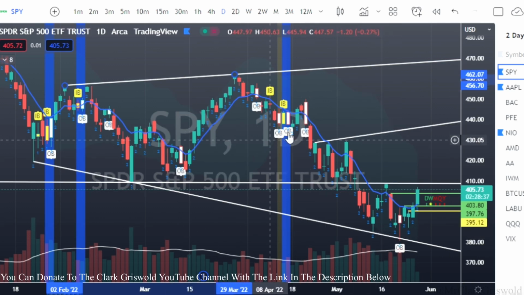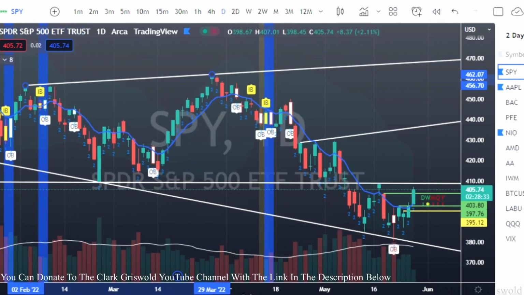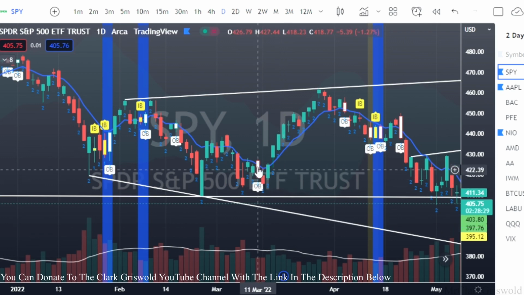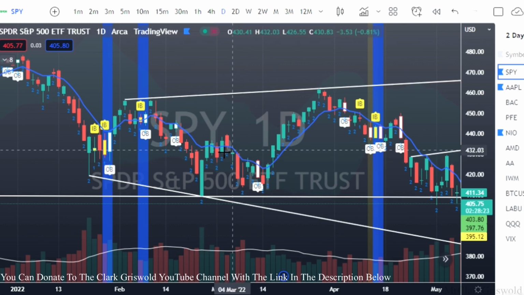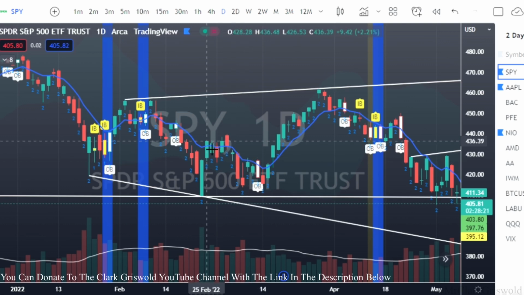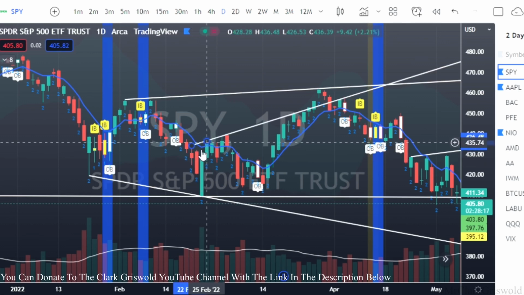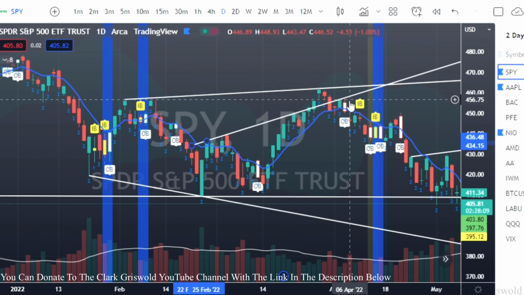But, as I said, within this broadening formation, we can draw other broadening formations. Okay? So if we look here, we have higher highs here with reversals. So I can draw from here to here, and you can see we tag 1, 2, 3, 4, 5, 6. Then we break through and hit this one, come back down, hit the top of this one, and we continue